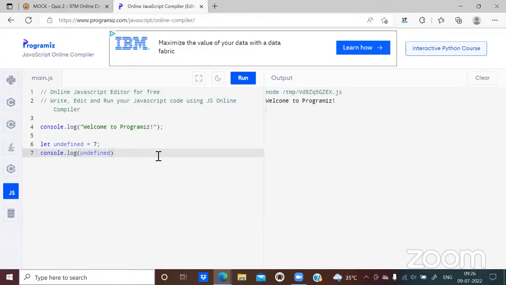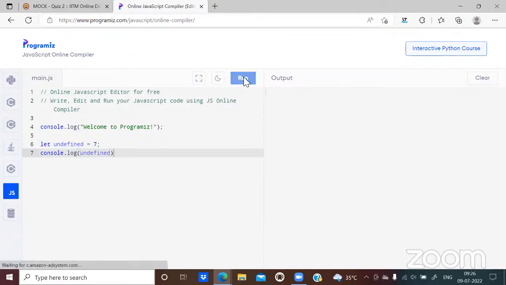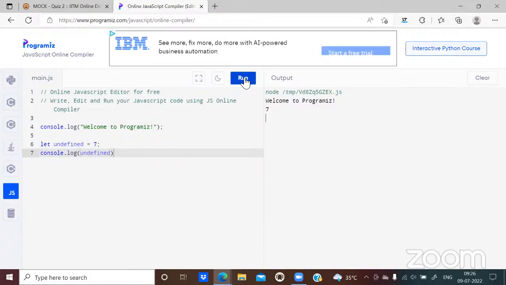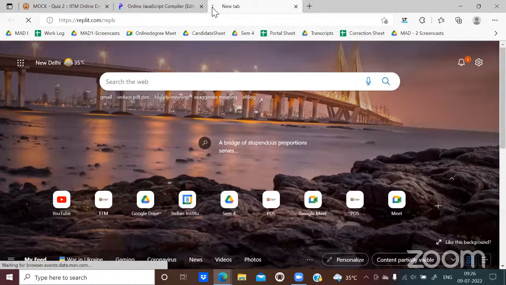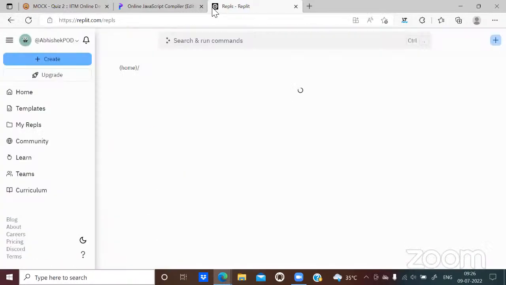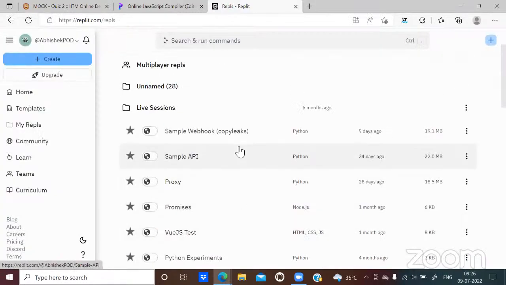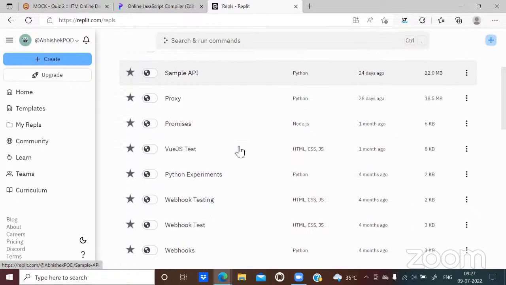Sorry? Nothing should be output. Okay, the output is going to be the one that you have written here, that is, the undefined value itself. So, no, wait. Maybe.